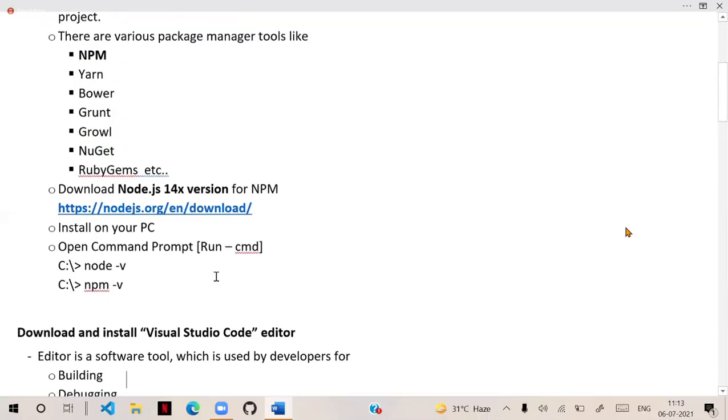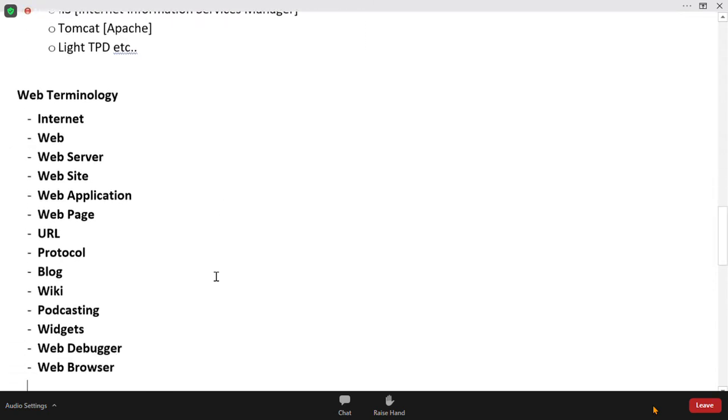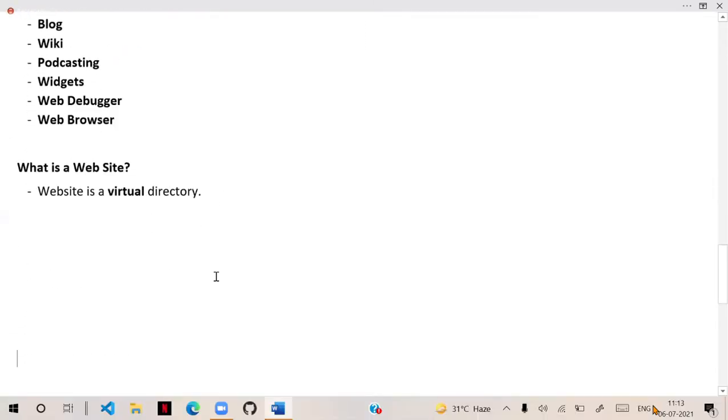Now today we are going to see how to create a web application website. Yesterday I told you what a website is professionally. A website is a virtual directory. I showed you that practical approach.